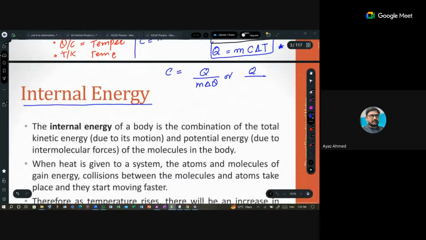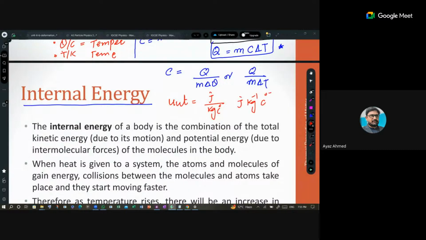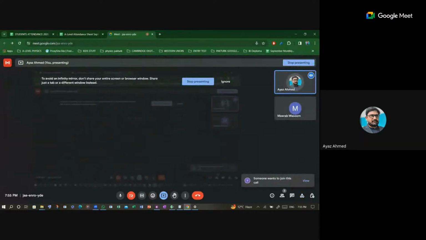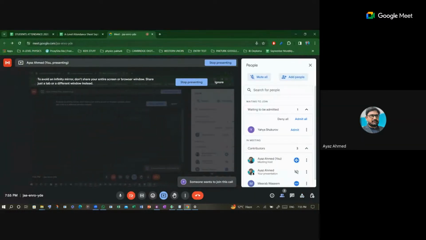So let me just write down this equation, that C is equals to Q divided by m delta theta, or you can say Q divided by m delta T. So when I consider this, what is the unit of this C? Unit of C is joule per kg per degree centigrade. Okay, or simply you can say joule kg minus 1 centigrade minus 1. So this is actually the unit of your specific heat capacity. So is it clear to you? यस सर।